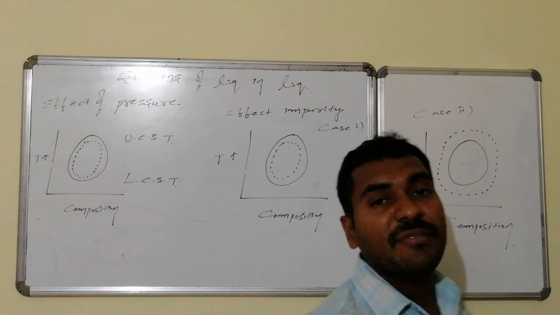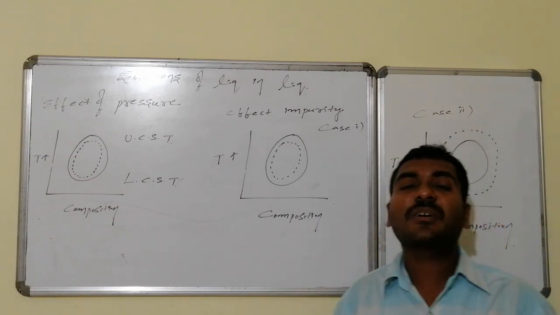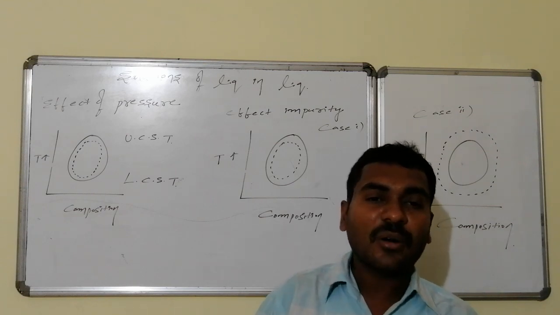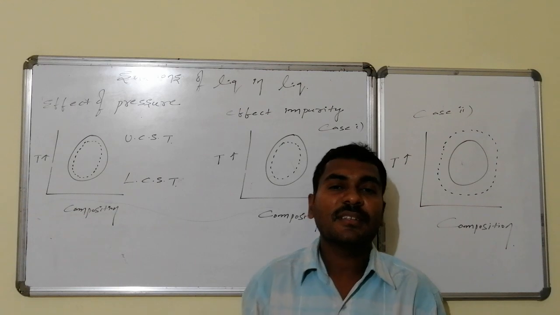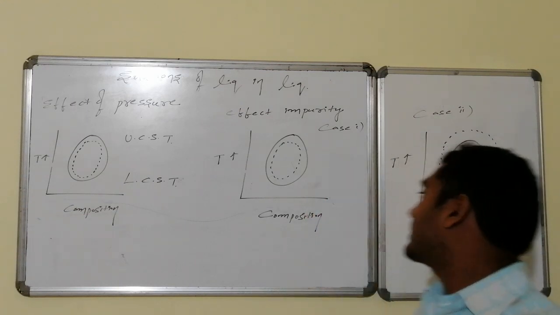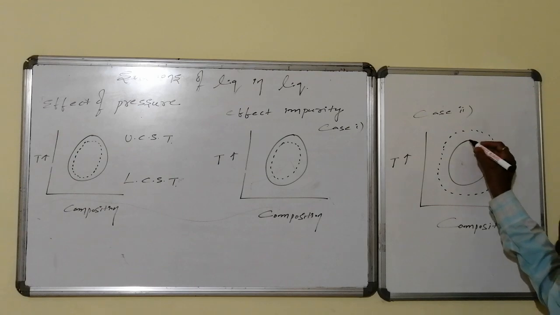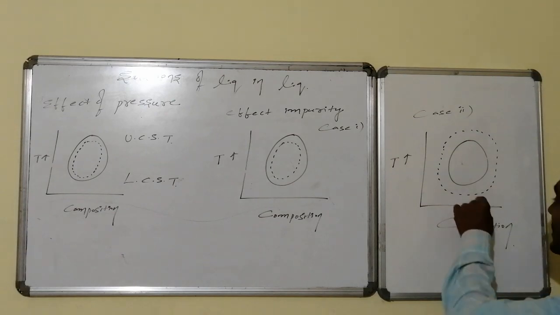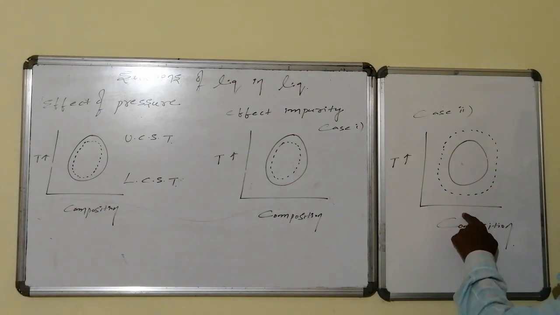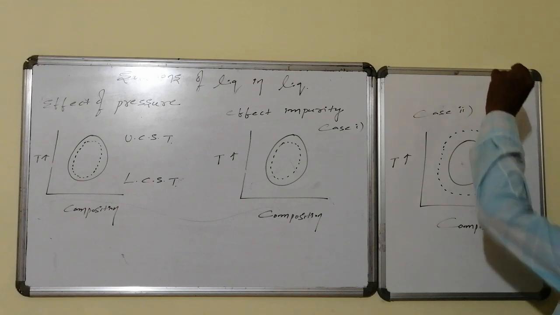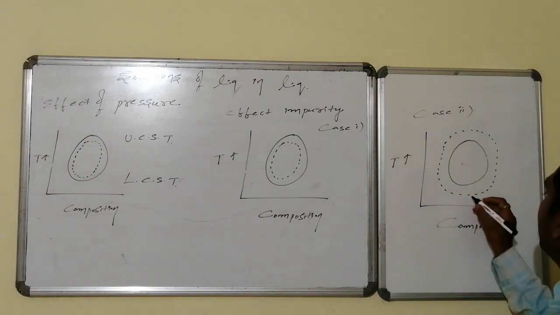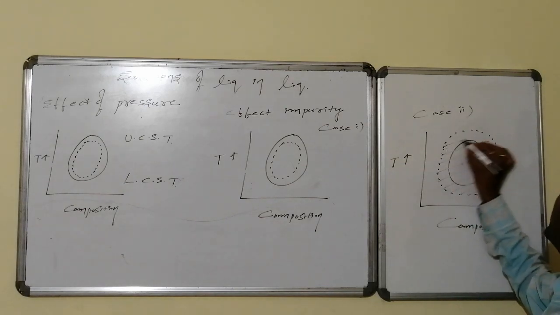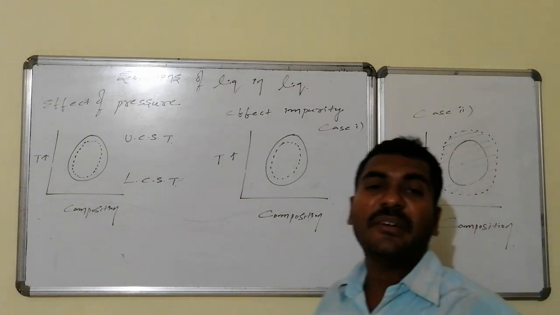But suppose the added impurity is soluble in just one component and insoluble in the other component. Whatever solubility was there, now by addition of this impurity, the solubility decreases. As a result, the system behaves like this: its upper CST increases, whereas its lower CST decreases. This implies that only below this particular temperature does it behave as a homogeneous mixture, and only above this particular temperature does it behave as a homogeneous mixture. In this dotted circle zone, from one end to the other, it behaves as separate layers, that is, a heterogeneous mixture.